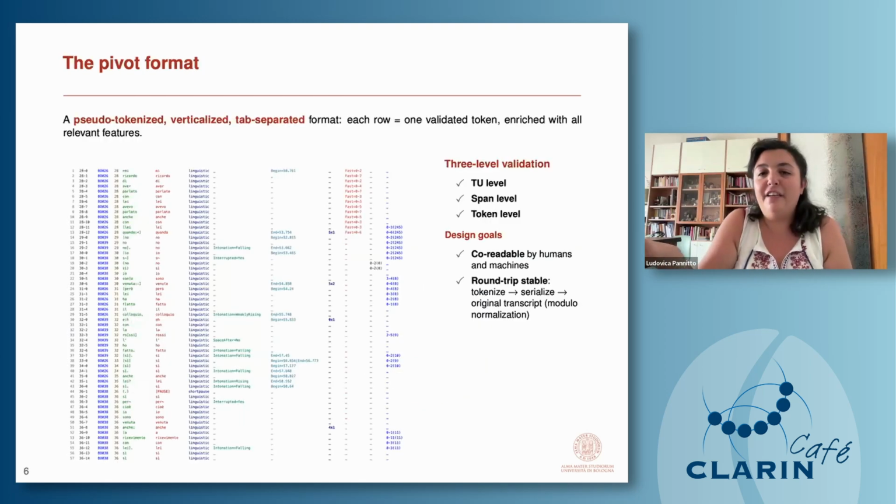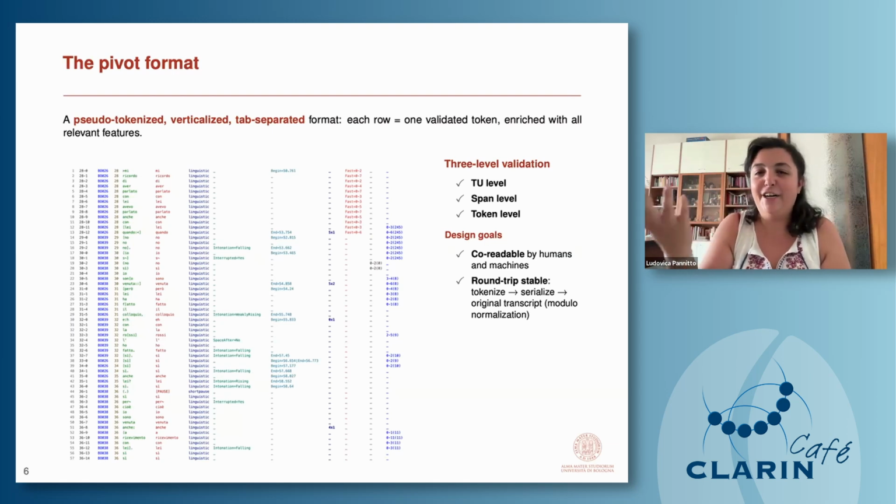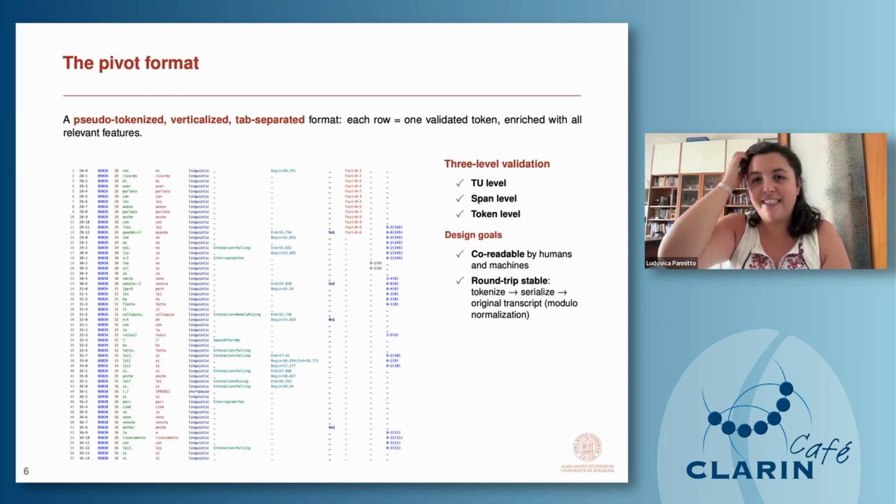This is actually very trivial. We didn't invent anything crazy. What we are calling pivot format is really just a verticalized, pseudo-tokenized version of the corpus. Sorry, the screenshot is small, but of course you can access the data on the platform that I mentioned to have a look. This very trivial step allowed us to do a lot of things and to reuse this data in a lot of ways,